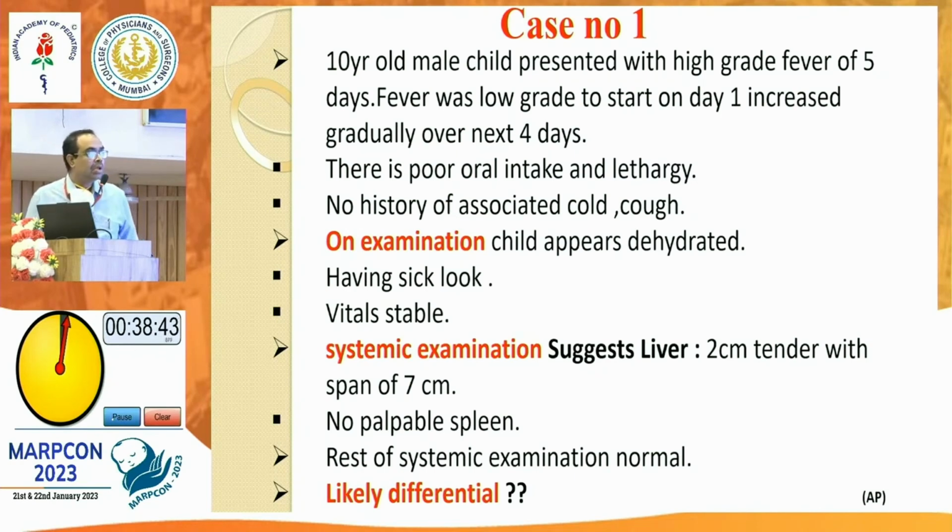Okay, very true. Actually, if I had to analyze it, I'll consider it's a 10-year-old child who appears to have a bacteremic bacterial infection which has not been localized. So by and large, during first week, day 5, no localization, 10-year-old child, it appears like an enteric fever. That is one of the first differentials, because by that time on day 5 in a 10-year-old child, most of the infections get localized.